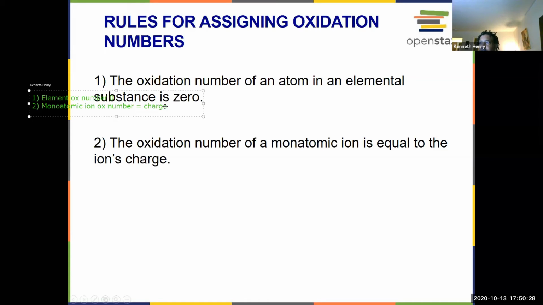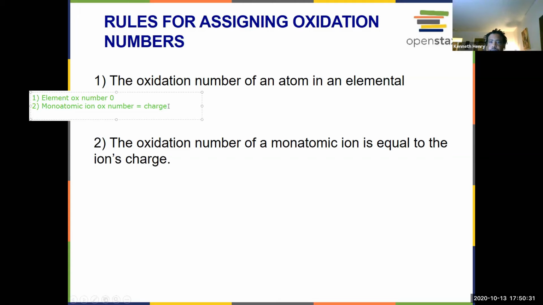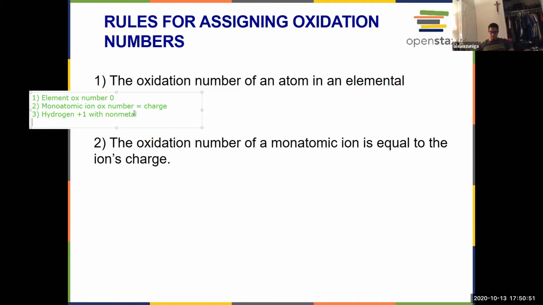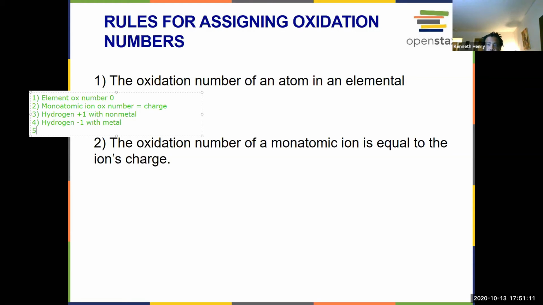Hydrogen can be a +1 with nonmetals, and a -1 with metals. Okay, so if we have